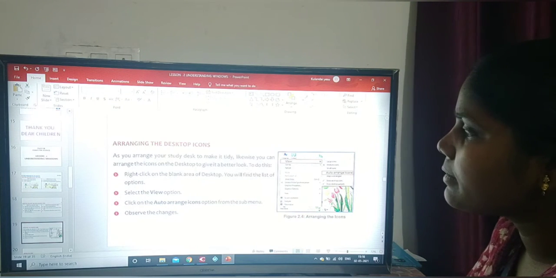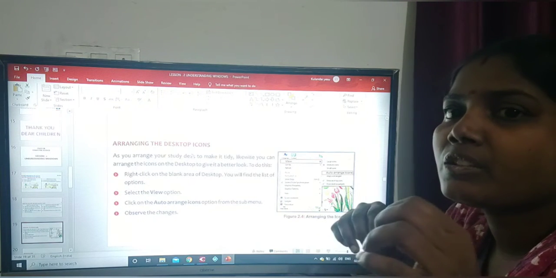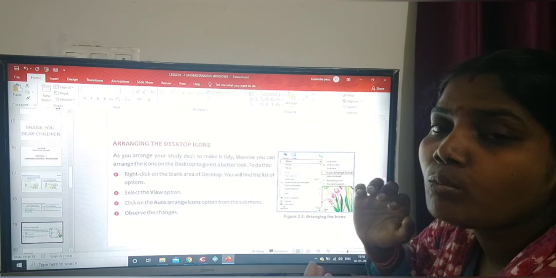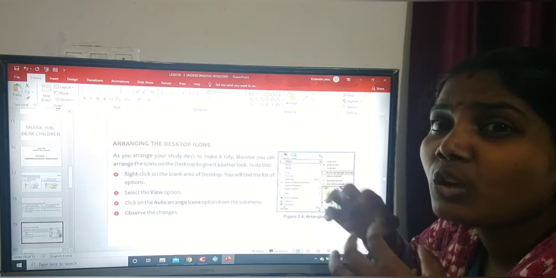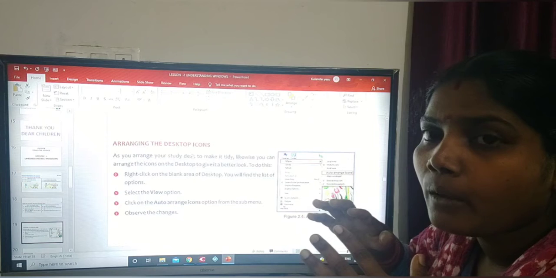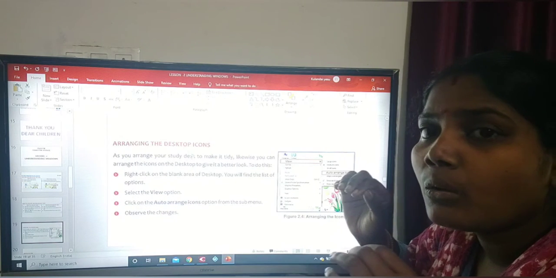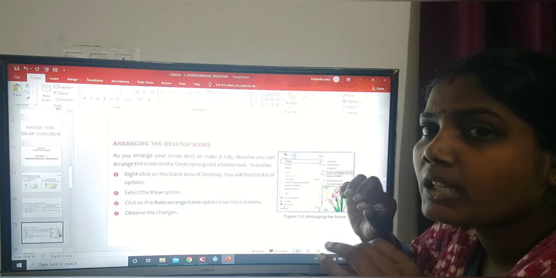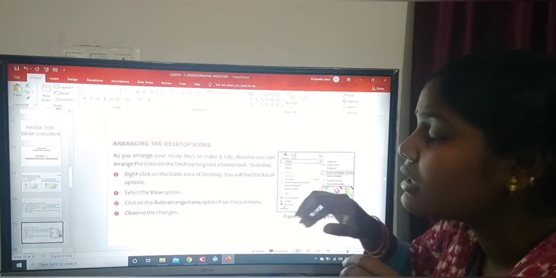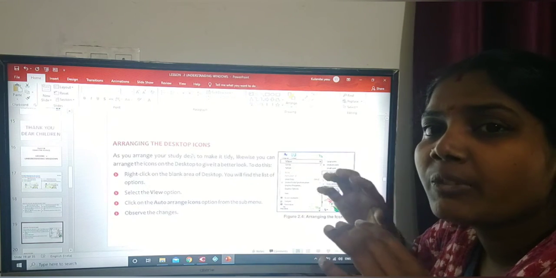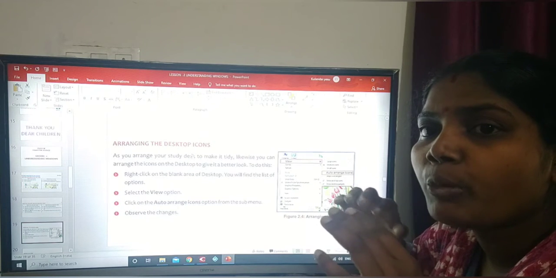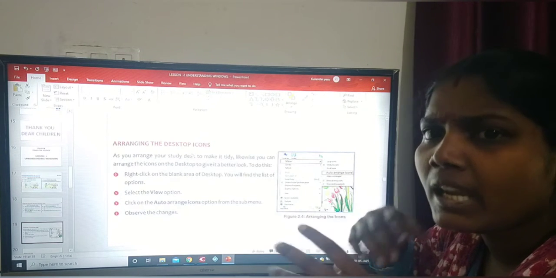Just as small kids arrange their school bags, keeping them neat and tidy, and your home and study rooms should be neat and tidy, likewise on our desktops, if they are not properly arranged, we can arrange them.